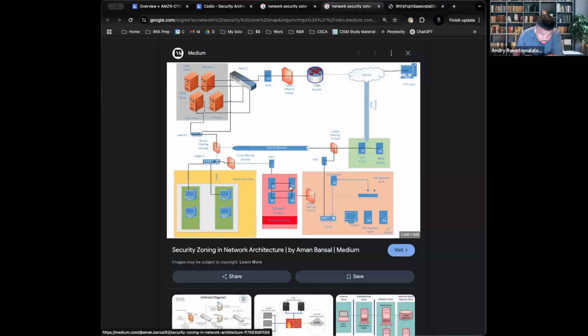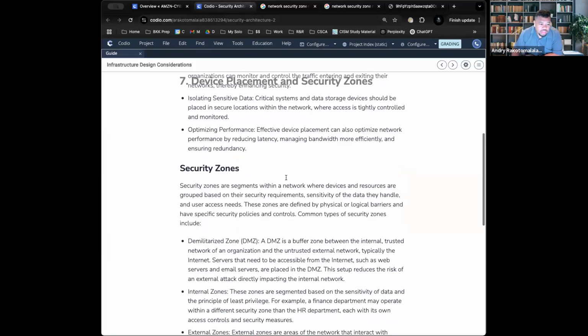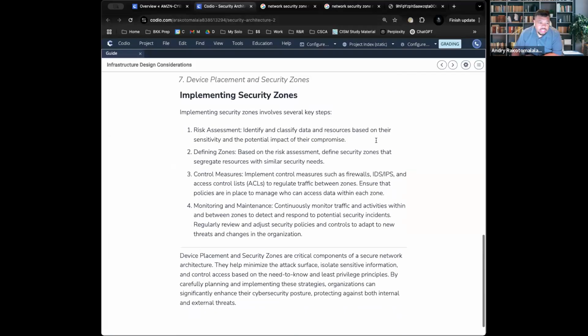Keep in mind, this is the red one. It stands for restricted zone, meaning the database here is really important. It could have something such as credit card information or whatnot. So this is a nutshell of the device placement and security zones that exist inside of the network structure.